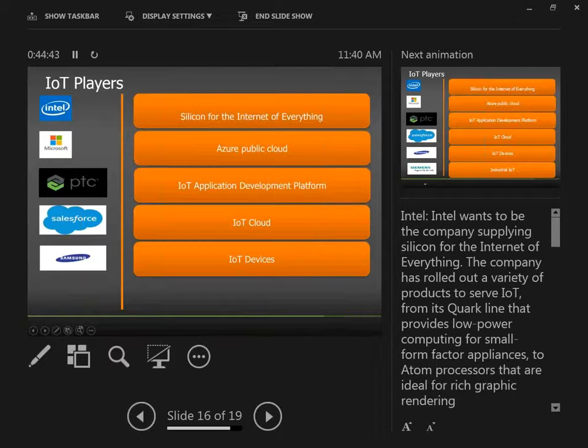Samsung promises to make all of its devices IoT ready by 2020. The company is developing a series of ARM chips for its devices, along with APIs that it says will allow its devices to connect to any IoT platform customers want. They also offer a public cloud called Artik that enables connect and play of embedded devices.